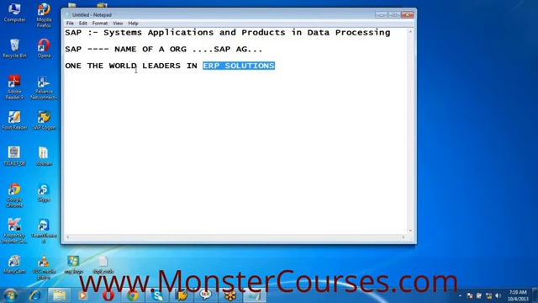SAP is well known across the world, across markets, for ERP solutions. They are global leaders when it comes to providing ERP solutions. The minute we name SAP as the software, it automatically reflects that it is an ERP solution, or the first thing that strikes people's mind is that it is an ERP solution. So it's a very popular ERP tool. You take any product that is released in the market by SAP,